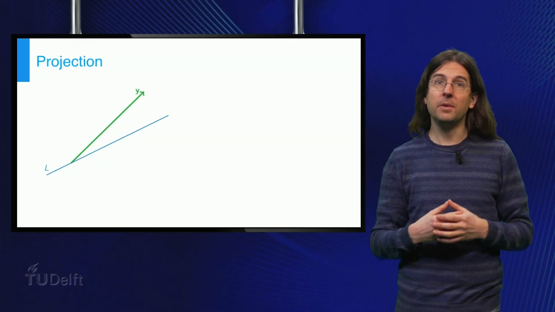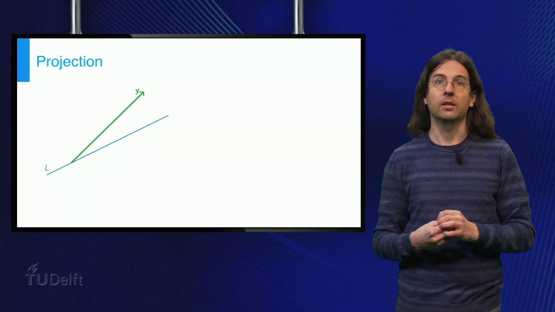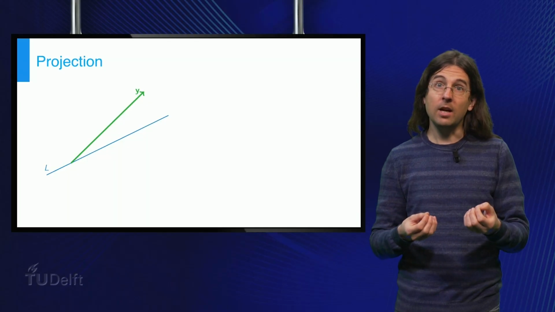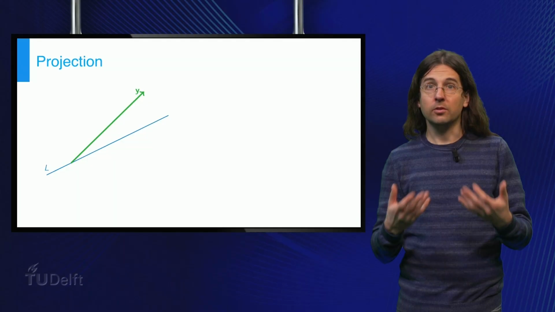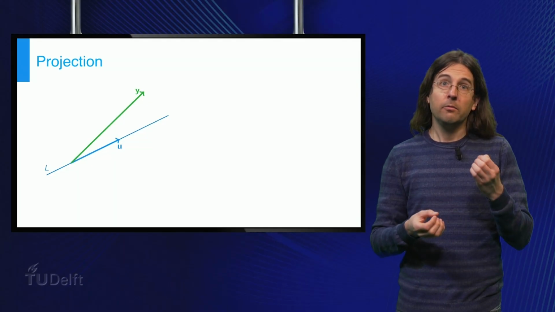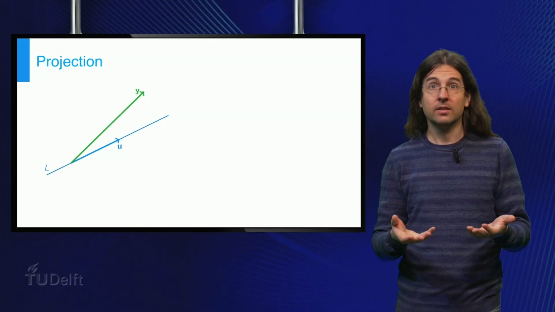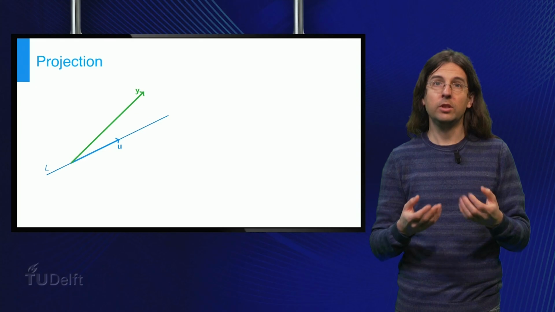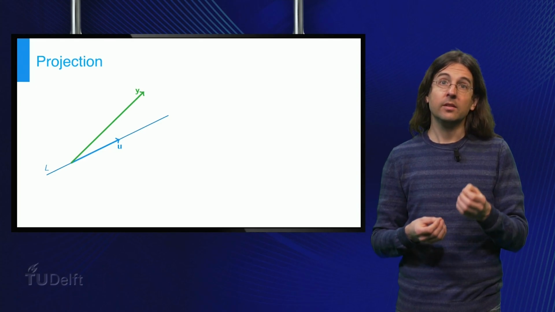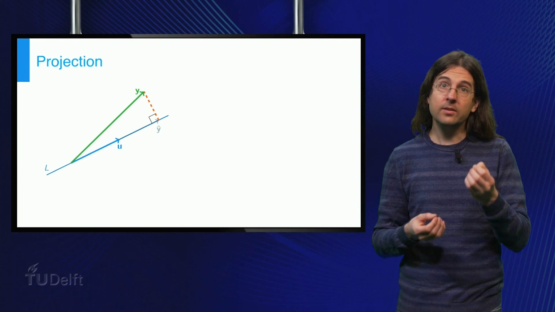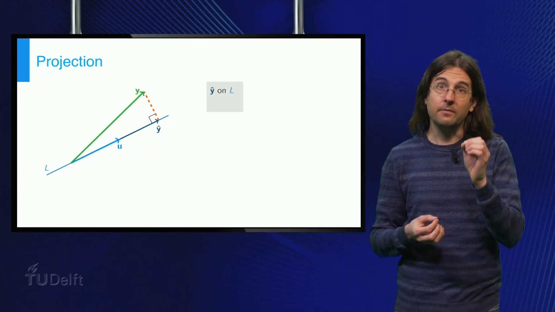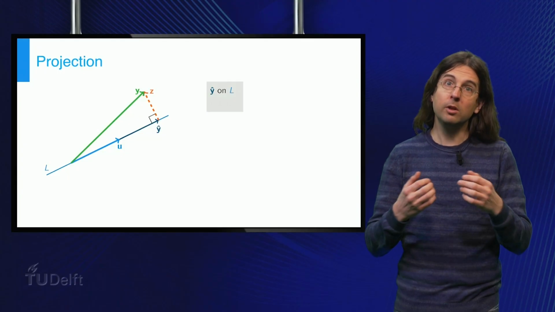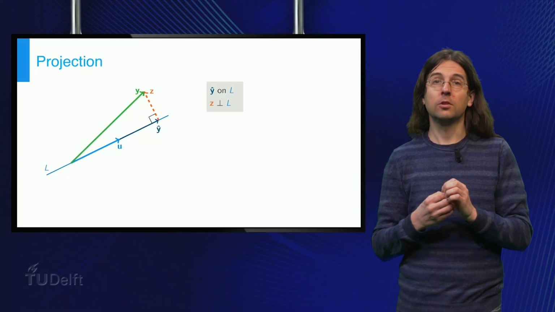So, what do we mean by an orthogonal projection on a line? We start with a vector y and a line L. We describe this line as the span of some non-zero vector u. We need the u to make calculations explicit, but in the end the result will not depend on which u on L we choose. This means that the orthogonal projection y hat is a vector on this line, such that the vector from the endpoint of y hat to the endpoint of y, which we call z, is orthogonal to the direction of the line.